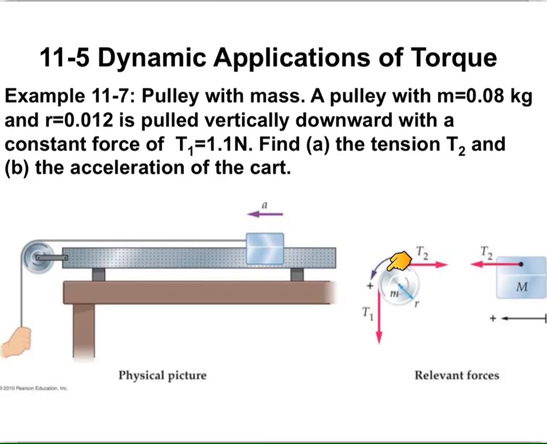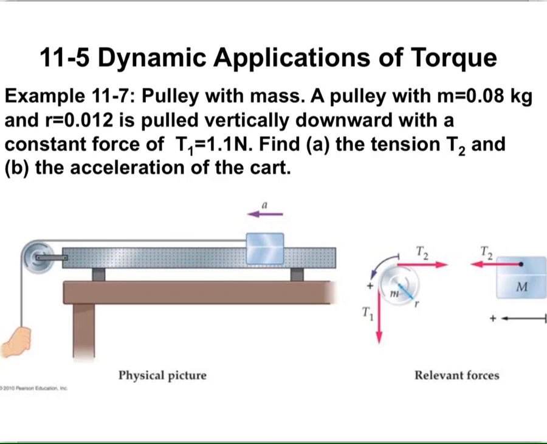If the pulley is rotating, then these tensions T2 and T1 must be different. Imagine they are equal to each other. If T2 and T1 are equal to each other, T2 will try to rotate the pulley in the clockwise direction. T1 will try to rotate the pulley in the counterclockwise direction. But if they are equal to each other, there will be no rotation at all. So in order to have a rotation,